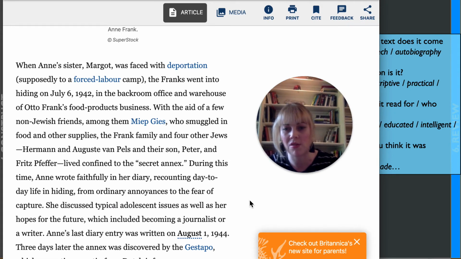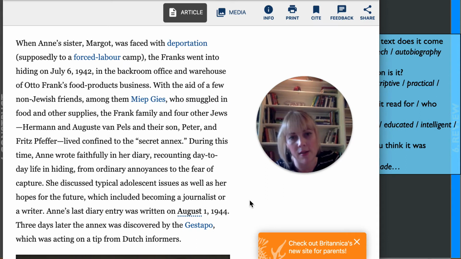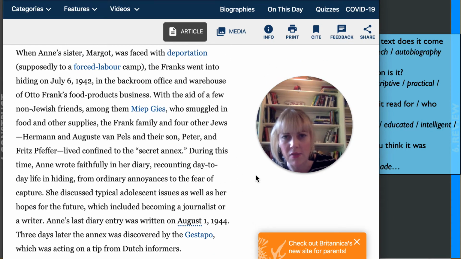Really cramped quarters, considering the number of family members that were hiding out in the secret part of the building. So it was a secret annex, part of the building that was hidden from immediate view. But if you moved part of the shelving aside, you could enter up into this secret part of the building. So the family was protected by locals there, and this is really important because this is where Anne writes her diary, writing from an experience of being in hiding, having to hide from the Nazis who would have persecuted her and her family because of their Jewish ancestry.